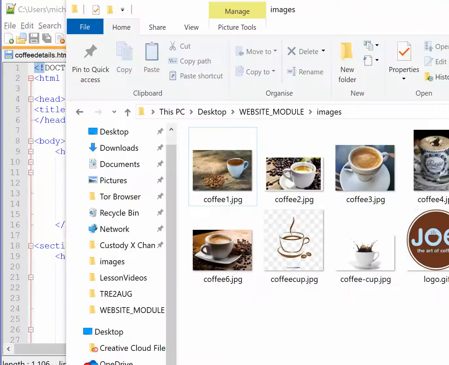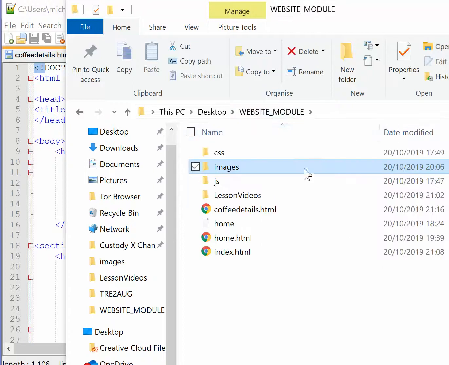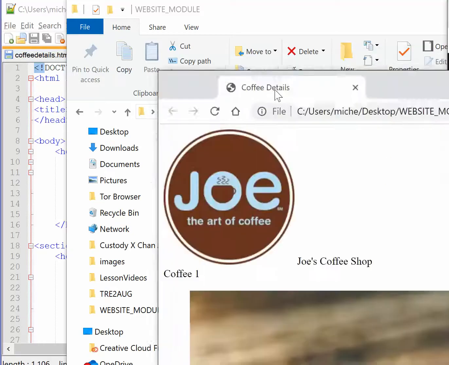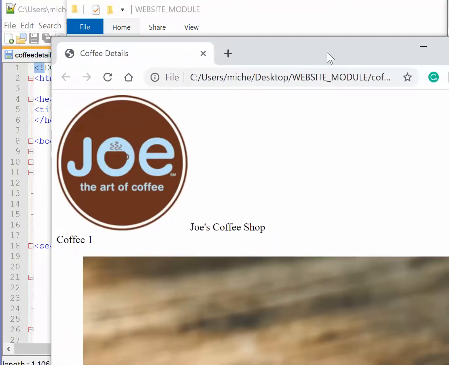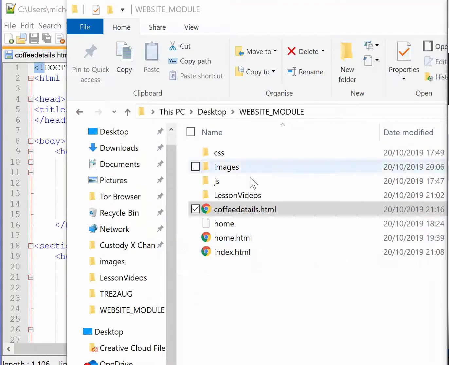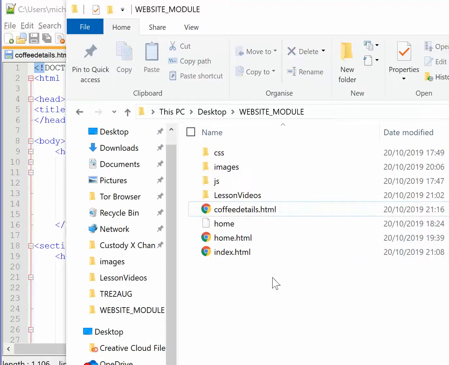Alright, so to start with, this page is not as busy. Let's get, what was it, coffee details. So yeah, that's all good. It's got its heading, it's got the coffee, and then it's got the text, it's got the image and the caption, and then you're back down to your footer. So soon enough it's going to start to come together. So what I want to show you is we've laid out the page, we put the image on the page,